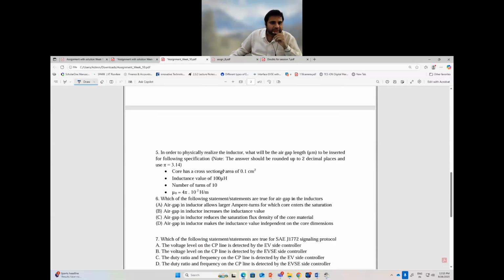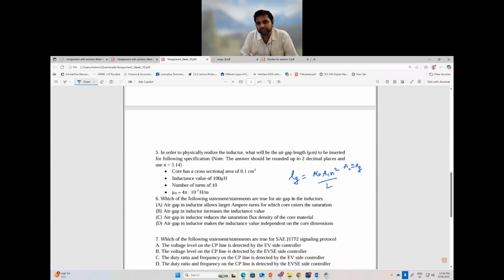Then comes question number 5. In question number 5, all the things related to the inductor have been given, and you can directly use this formula. We have already included it in step number 2 of the inductor design, where we have to calculate the length of the air gap. Here again we have assumed that the area of cross section of the air gap is equal to the area of cross section of the core, because we have assumed that the fringing of flux is